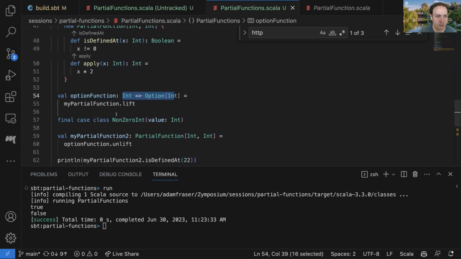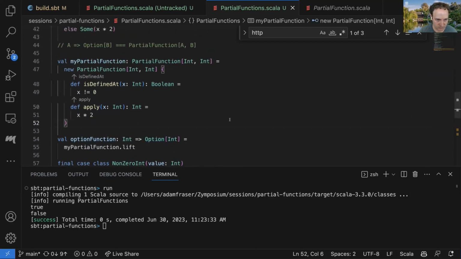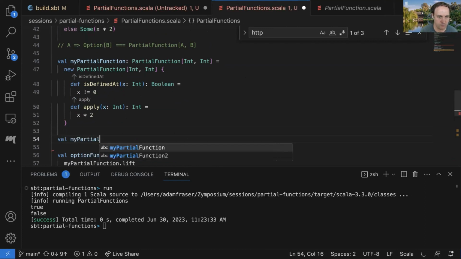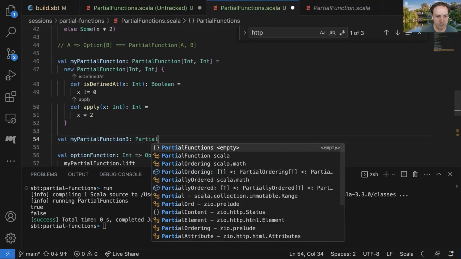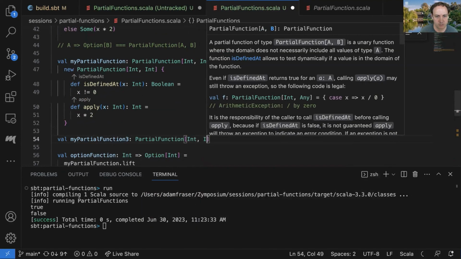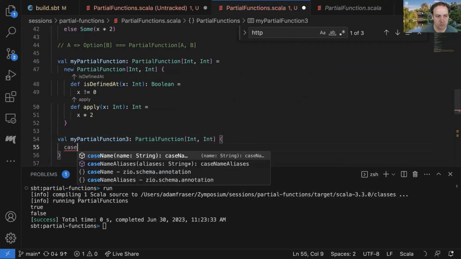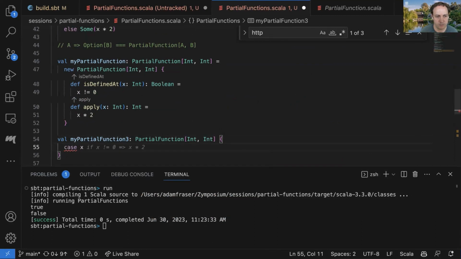And so the way you'll typically construct these in Scala is with what I call a partial function literal syntax. So let's do val my partial function 3, and this will also be a partial function. And what you'll just do is you'll have one of these